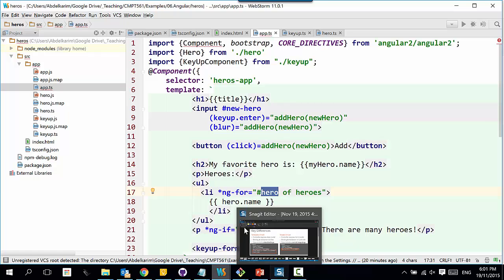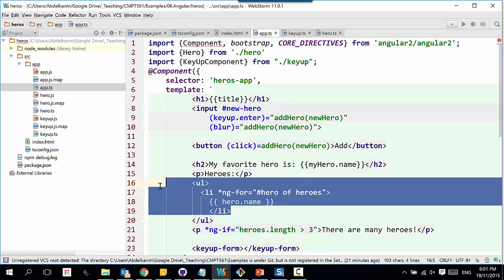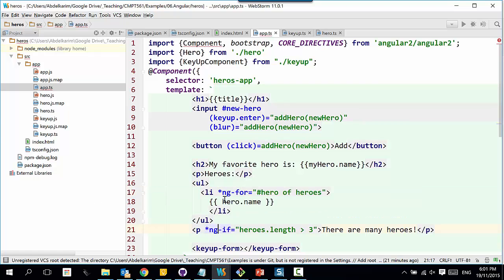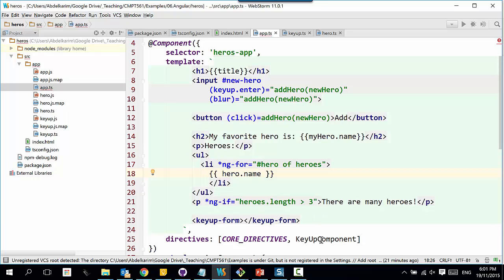And then I'm going to say, this line item will be repeated for each hero in heroes. And what do I want to extract from the heroes object? I just want to extract the name. Okay? And here, I'm showing you another example of